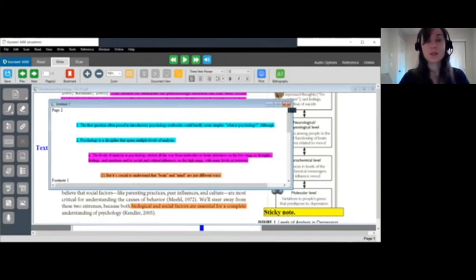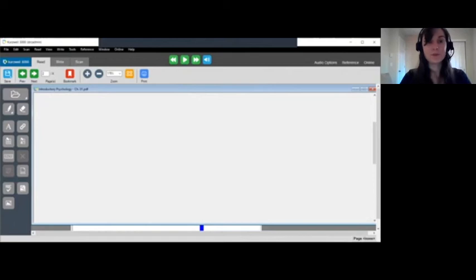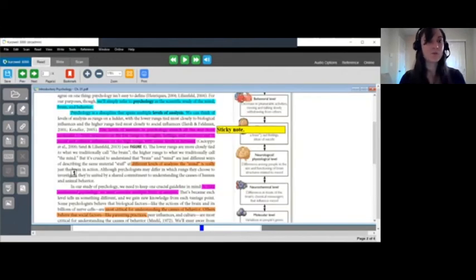At this point, you can then copy and paste this into another document. You can also select close and you can save this. You can save it as various files like an RTF or a Word document that you can then use for later. All right, so that is it for the note-taking features of Kurzweil. So now I'll go ahead and show you some of the writing features that Kurzweil has.